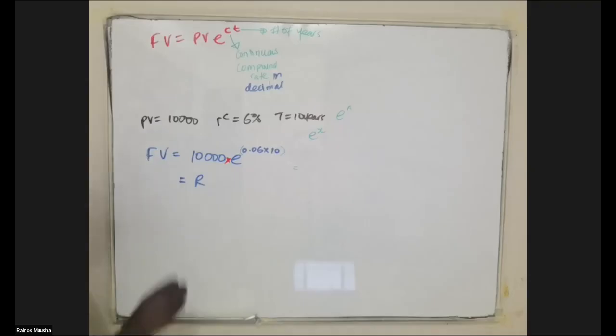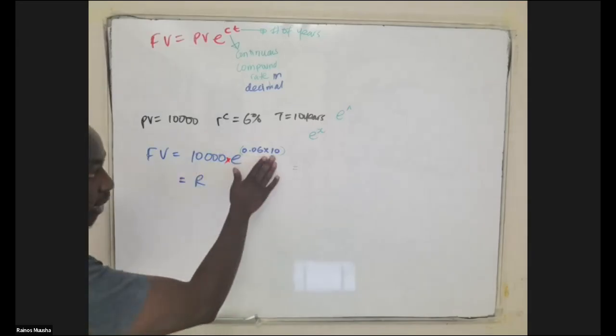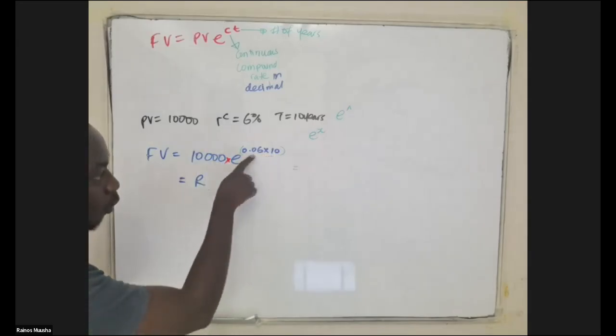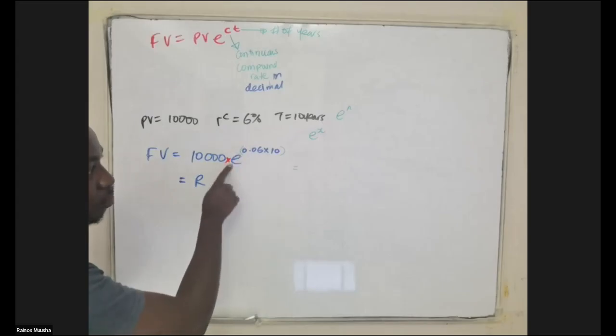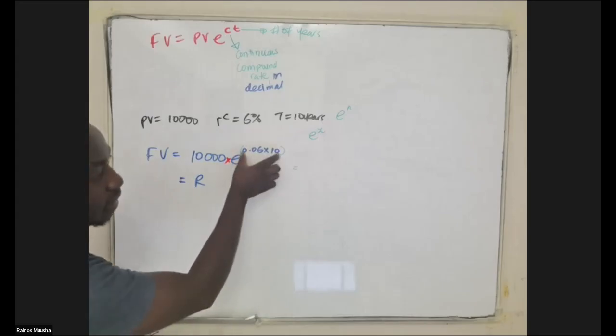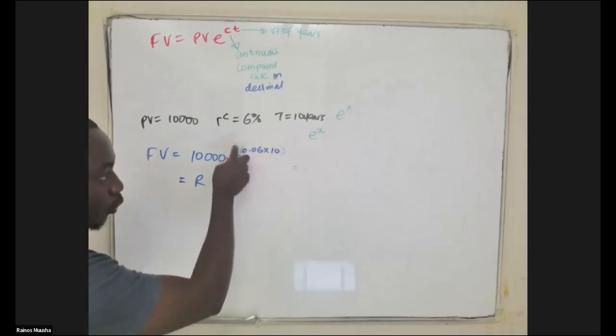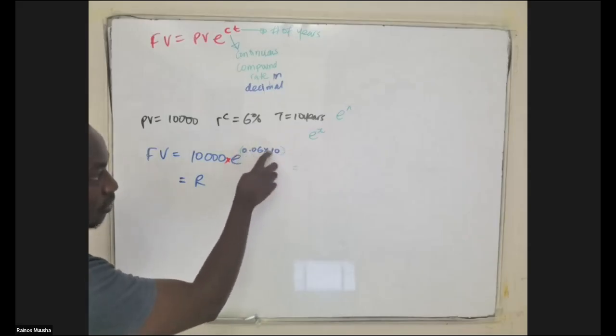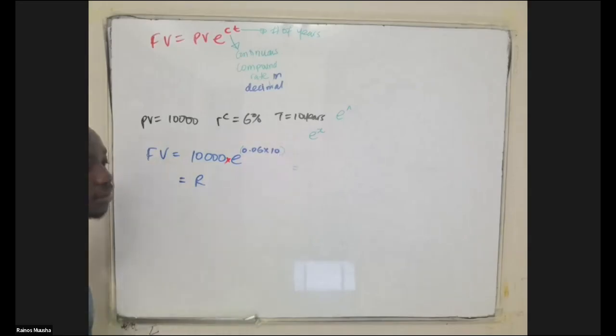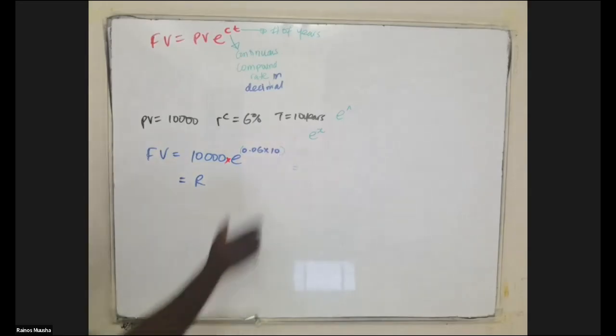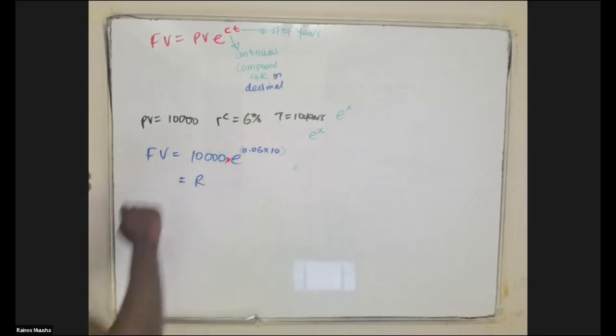With the Sharp calculator, are we putting the bracket there with the 0.06 times 10? Yes. Because if you don't put brackets, the calculator assumes that only 0.06 is the one being put to the exponent of. But remember, it's this whole thing. So to take into account this whole power, you open brackets, then say 0.06 times 10, and close brackets there, so that the calculator knows this has to be solved first before you look for its exponent.